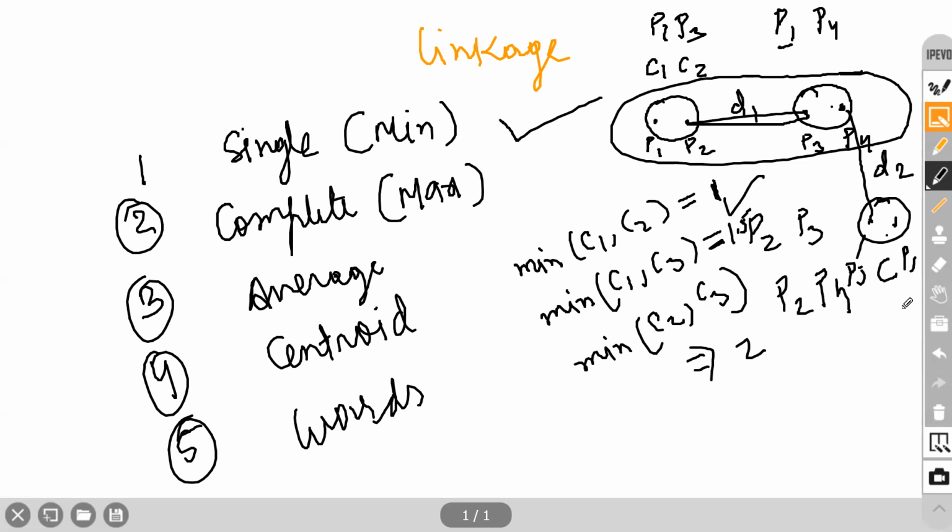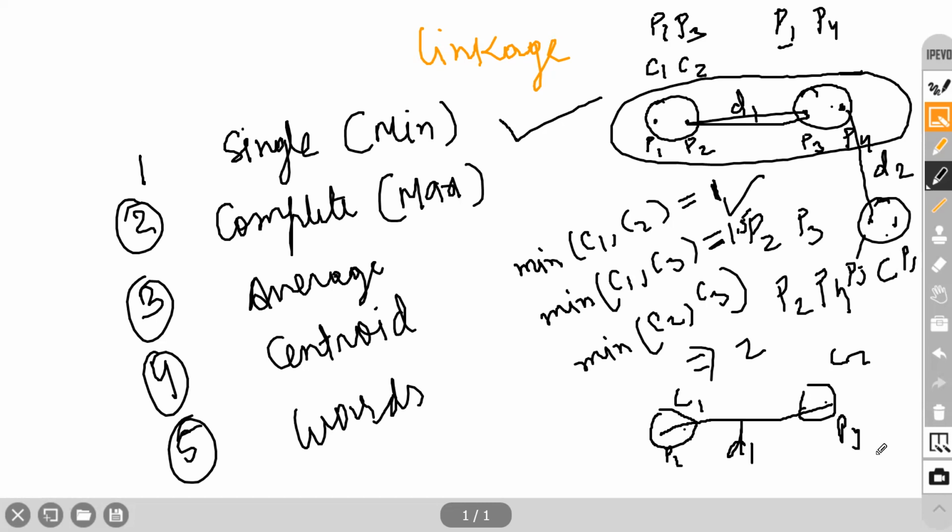So in the maximum, what happens? Same thing will be happening, only the point is that I will be considering the maximum distance as the distance between the two clusters. So this distance, from P1 to P4, whatever the distance is, that will be considered as the distance between two clusters. Suppose this was the D1 distance for the cluster